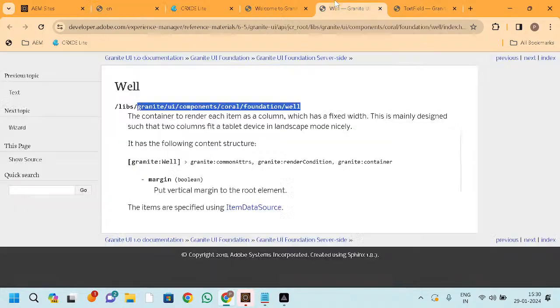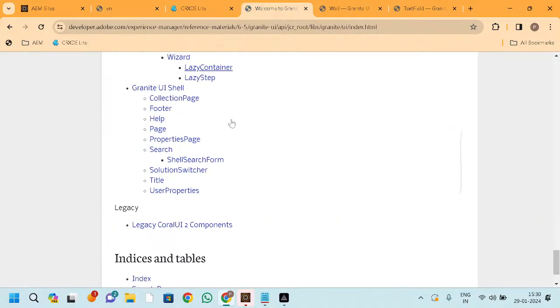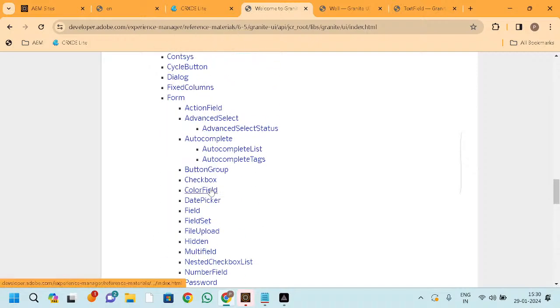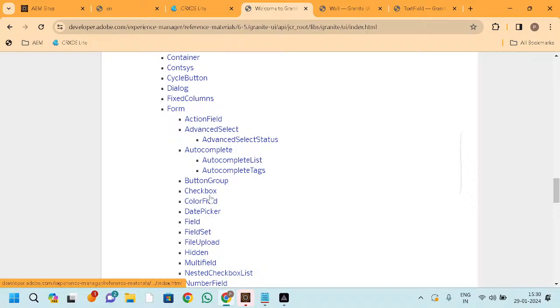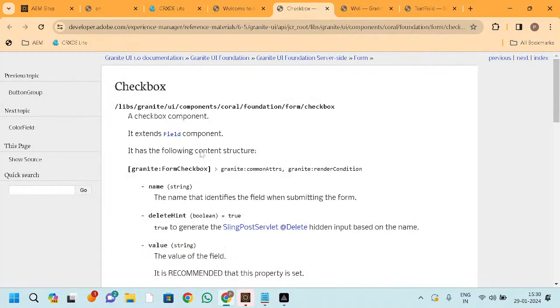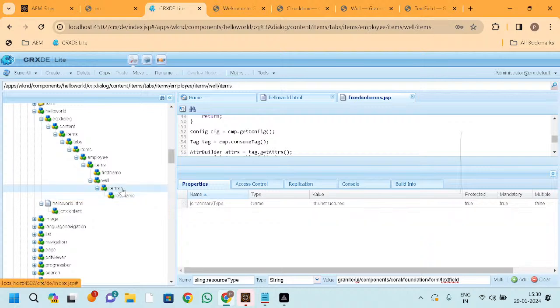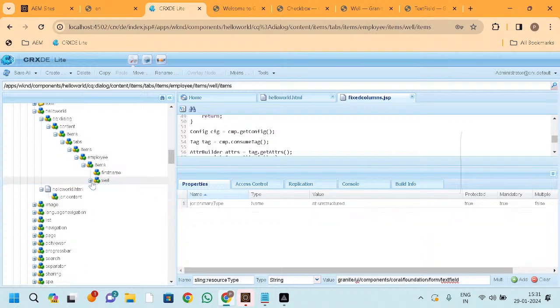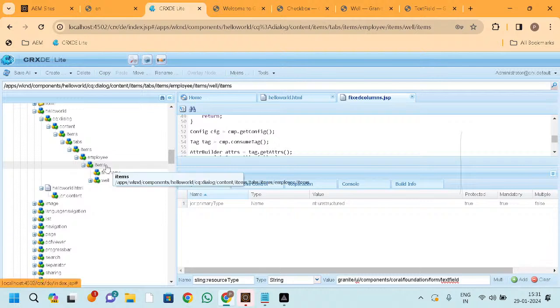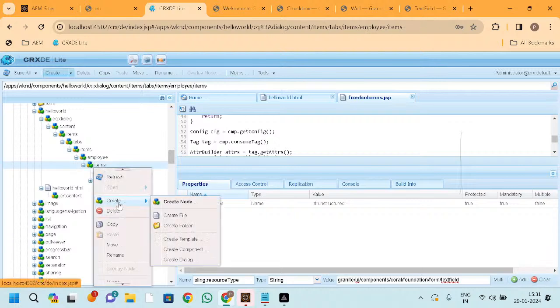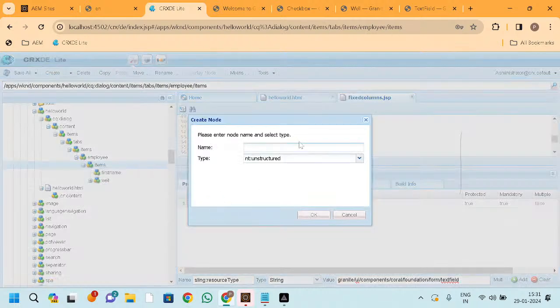Just like that, if you need a checkbox or something, just see from here. Now, if you need a checkbox, right? So checkbox, we notice that it is present inside your form. So here it's a checkbox. Just go there. Here you need to copy this path. Come inside this CRXDE, and here only I'm creating. Otherwise, if you want to create outside, just close this. Inside this items, you need to create, right? So here I'm just coming, create a checkbox. So I'm just giving the name checkbox only,